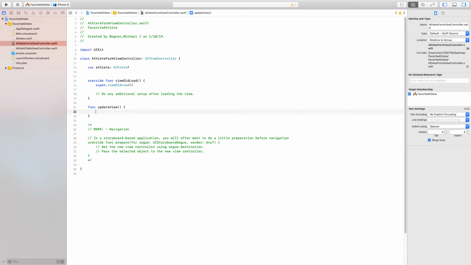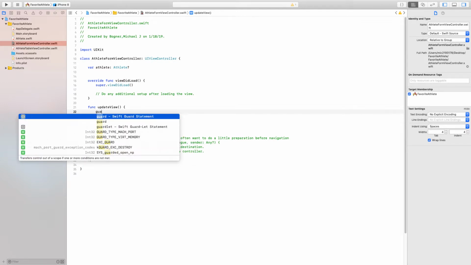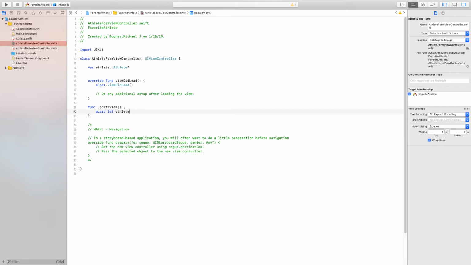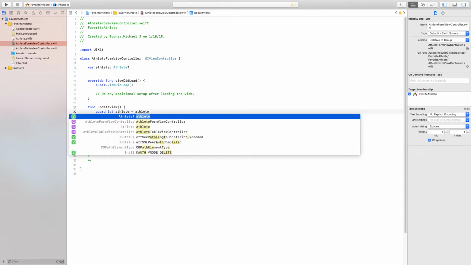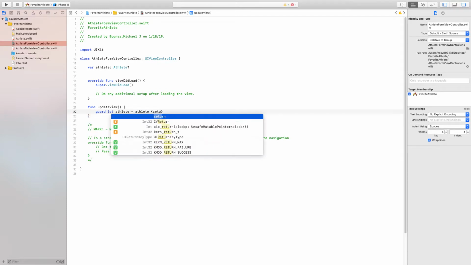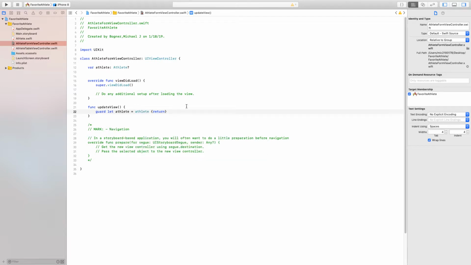So the first thing we're going to do is use a guard let statement to check to see if an athlete gets passed in. And if one does not get passed in, we'll just return. If an athlete actually does get passed in,